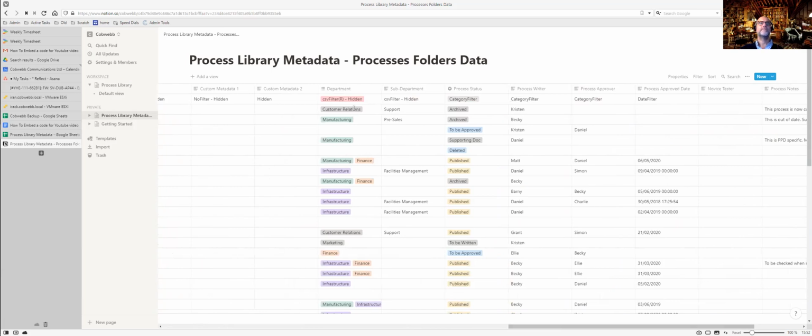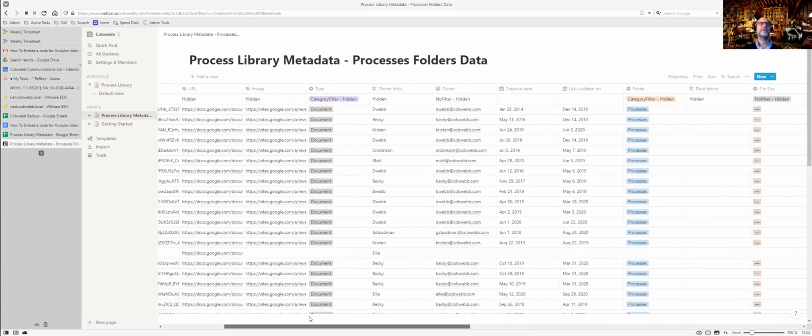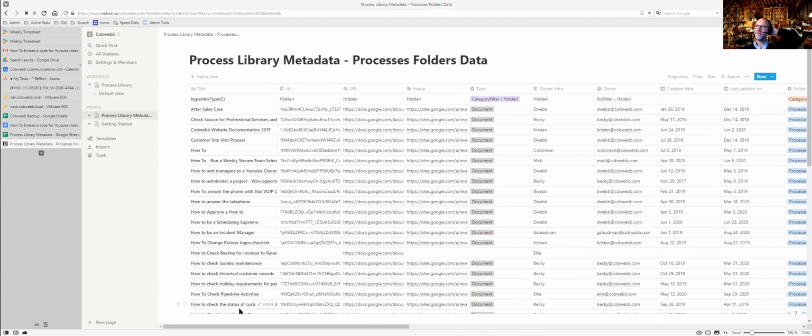Wow, it's done a great job. Look at that. Pretty much done what I did manually. It's done a single select here, it's done a multi-select here, it's done the sub-department as a multi-select. The process writer, approver, and approved date, it has gone for text when it should be a person, but that really is awesome. So I wonder if I can copy and paste these or something, move these into